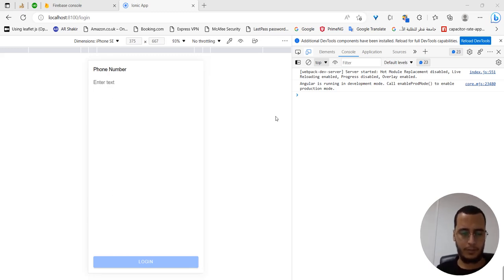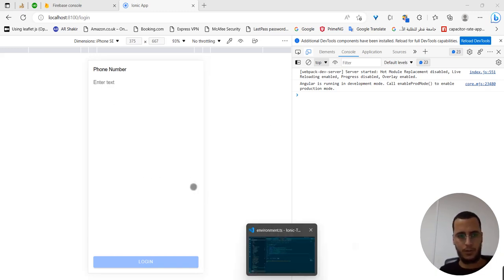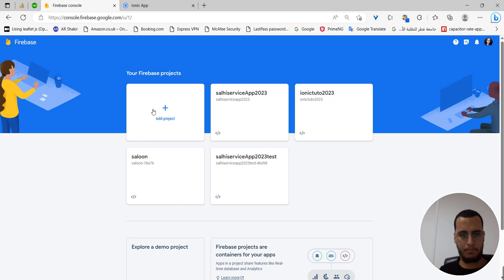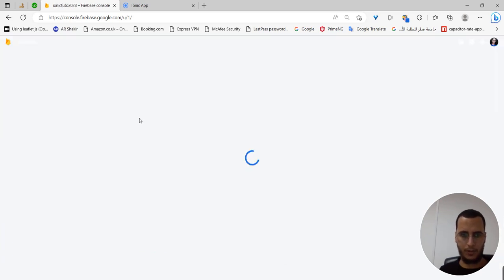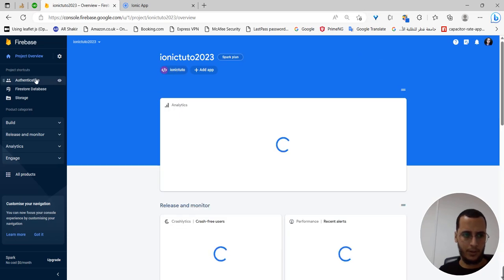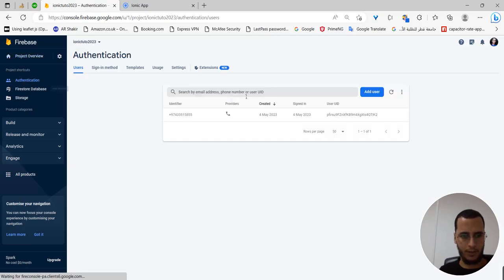We forgot something in the authentication part. We just did the authentication using the phone number. So we will continue and build the other thing that we already enabled. It is using email and password. So in this one we will go to authentication and